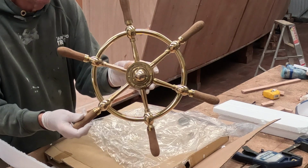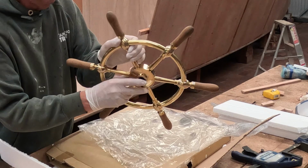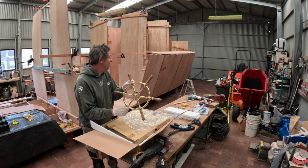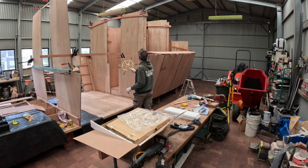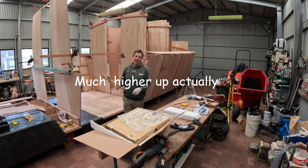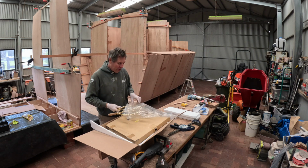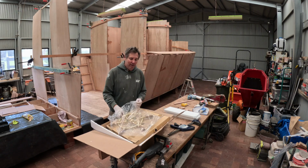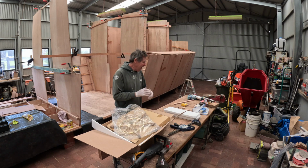Beautiful timber handles, lovely brass work, nice keyway in the back, access for the nut on the other side. Just a lovely little wheel, which actually goes on the other side, but it's going to be sitting up there. So that's quite inspirational and motivational to receive that. So I thought I'd order it early just to motivate myself, and also so I can work out measurements and things like that. So the other thing I received today in the mail,